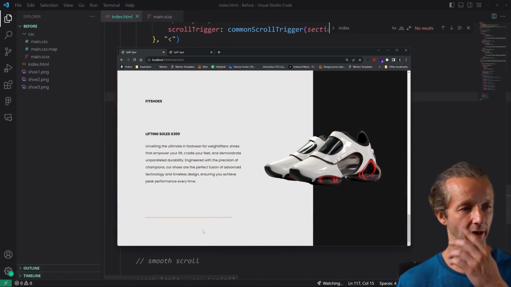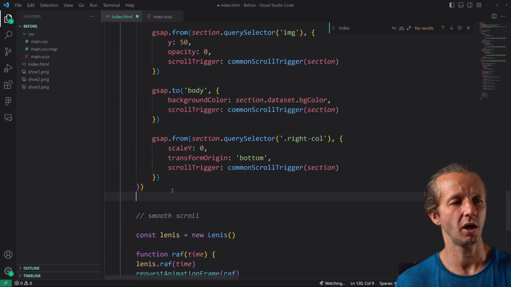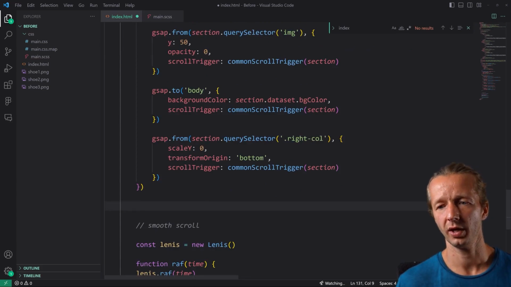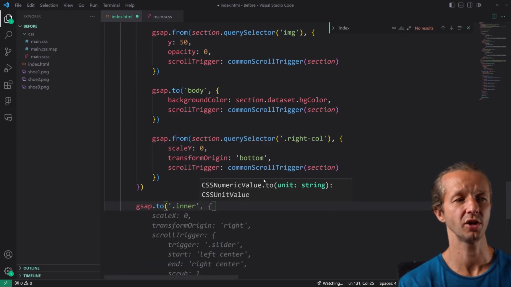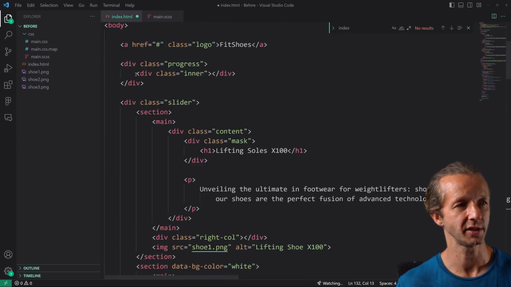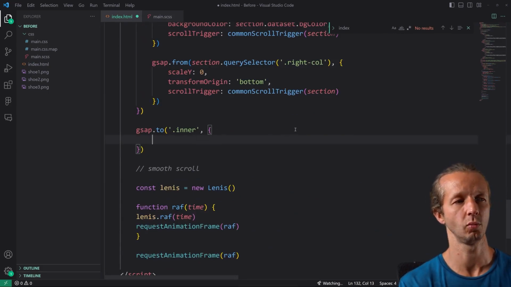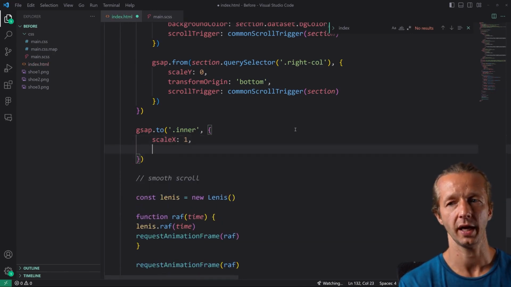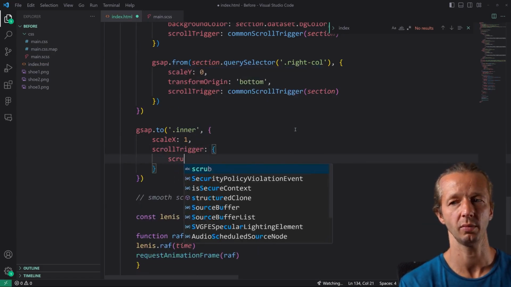There we go. Now the final thing that we need to do to get working is this progress bar, and it's actually super, super simple. The progress bar, there's only one of them, so we come outside of the sections for each statement, and all we have to do is just say GSAP to inner. And remember, inner is the actual orange progress portion right here. It's this element right there. Scrolling back down, all we have to say is remember, we're using the 2, so 2 scale x 1, because right now it's 0. And we're also going to say a scroll trigger, and this is so simple, scrub